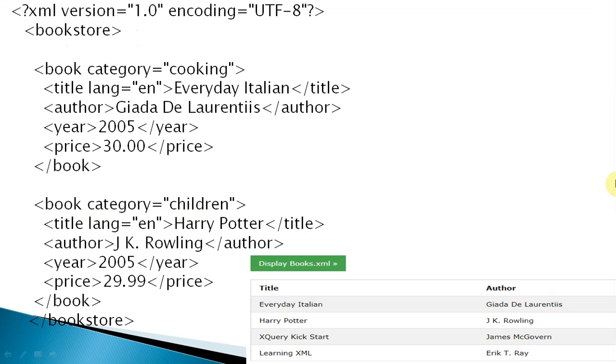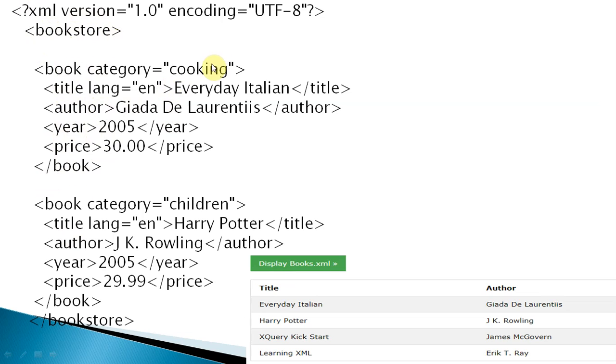Now see one more program. In this program we are using a table, and this is related to the bookstore table. Inside the bookstore we have a title field, author field, year field, and price field, four fields. In this bookstore we have different books, different categories of books.